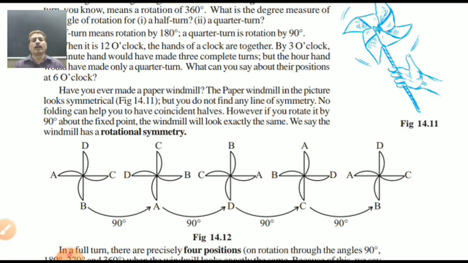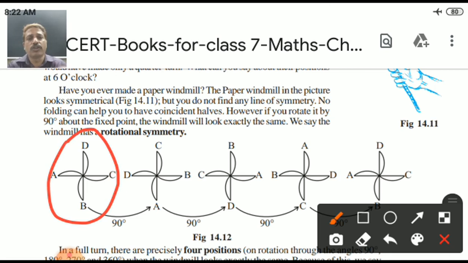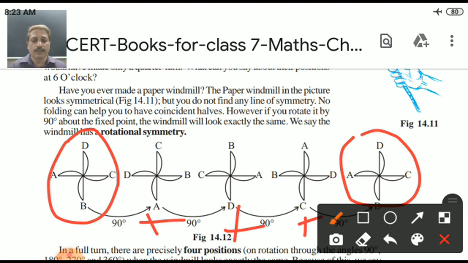Again I will move 90 degree turn, D will come down, A will go on right, B will go up, C will be here. Isn't it? Like that way. When I do it 4 times, exactly whatever the first time, the same picture will come back. This is my original one and this is my last one. How many times I did? 90 plus 90 plus 90 plus 90, 4 times. What is the degree total? Yes, my dear students, you are right. It's 360. So whenever you turn any figure 360 degree, it will get its original place.